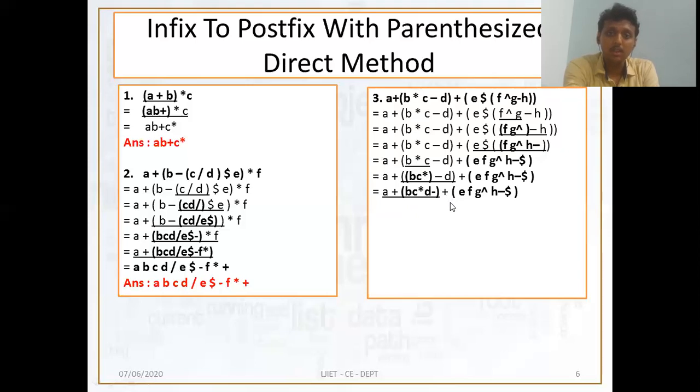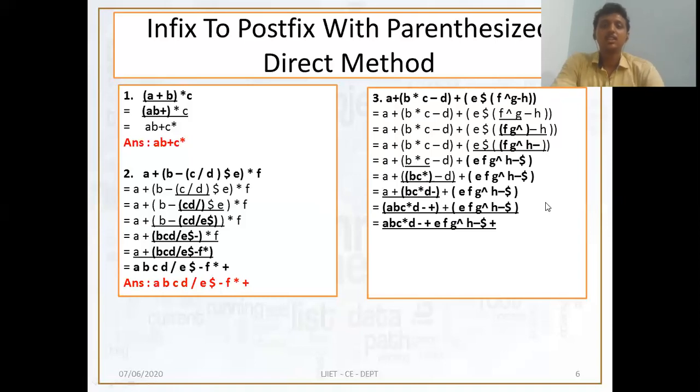Again we have plus over here. So if we have both plus signs, then which do we need to solve first? Go from left to right. So combine both and put plus after it. Okay. So again we are going to solve this first. Plus, combine both and put plus after it. Like this we can solve infix to prefix. Okay, fine. So the next question's answer is this.